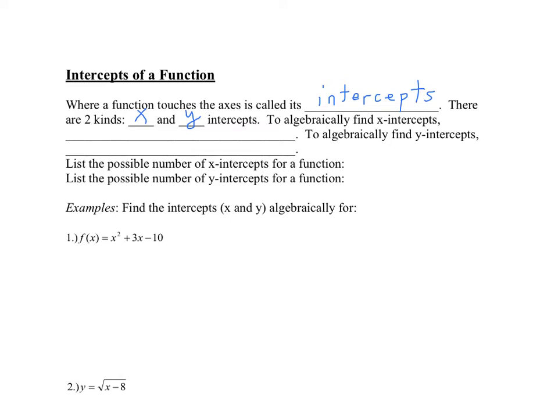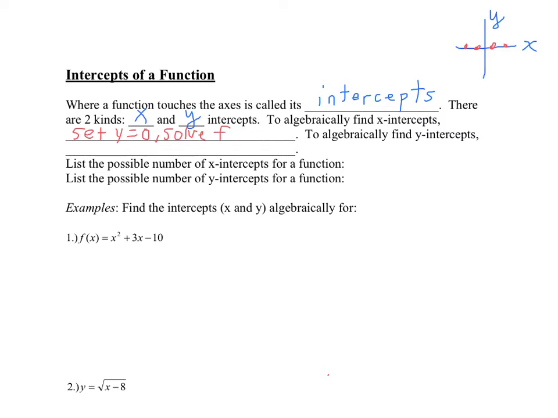So if we're talking about an x-intercept, here's our x-axis, of course, here's our y-axis. If we're trying to find x-intercepts, since x-intercepts are where it's touching the x-axis, this occurs when y is 0. So to algebraically find x-intercepts, you're going to set y equal to 0